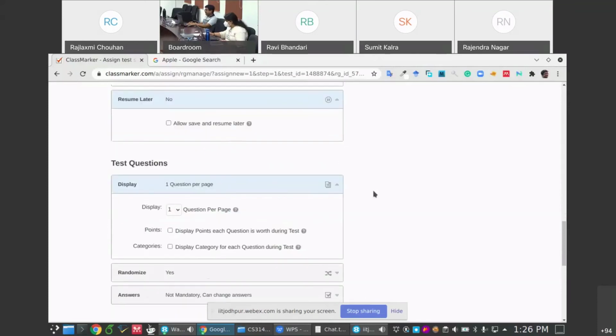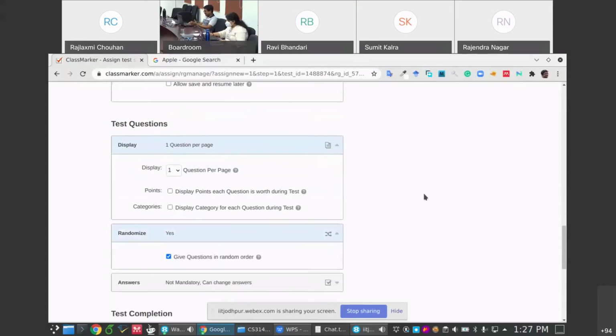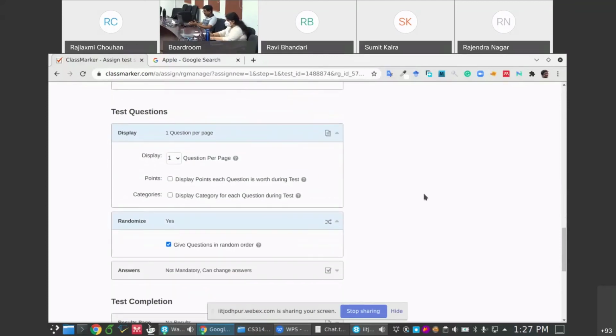Now I prefer one question per page, and then randomize the questions in random order. So if I choose 4 questions, those 4 questions will now come randomly. My question number 1 will be completely different from another student's question number 1.